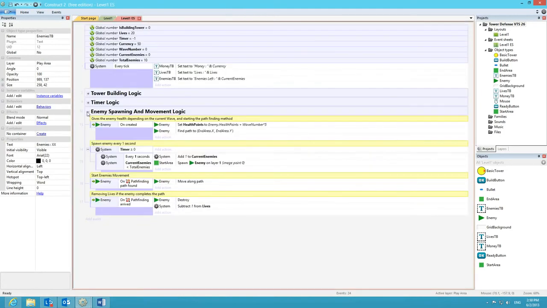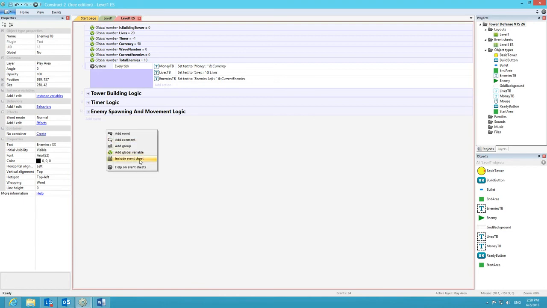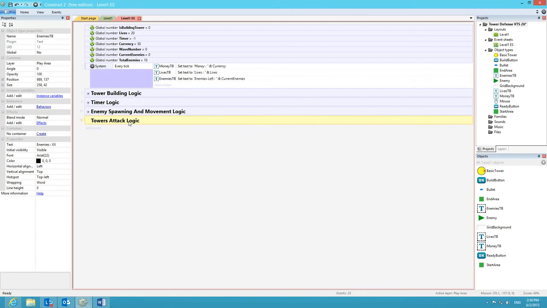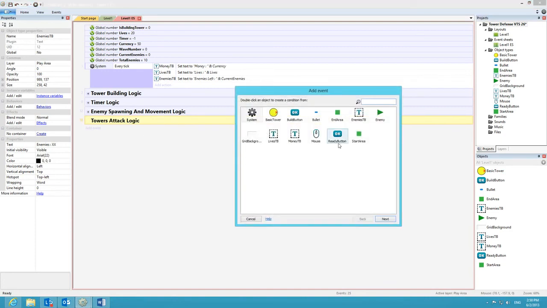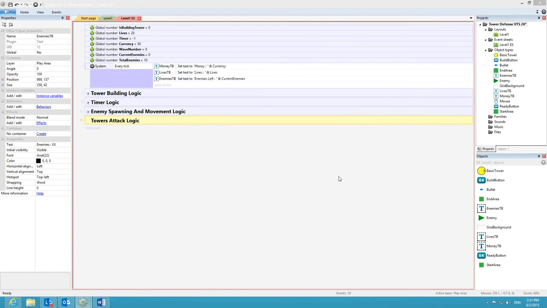Now we're done with the enemy spawning and movement logic. We've got one last thing, which is making our towers attack. So let's create a new group, towers logic, towers attack logic. Now let's add a sub event, which is having our basic tower. Now let's check if this is being built. If it's being built,